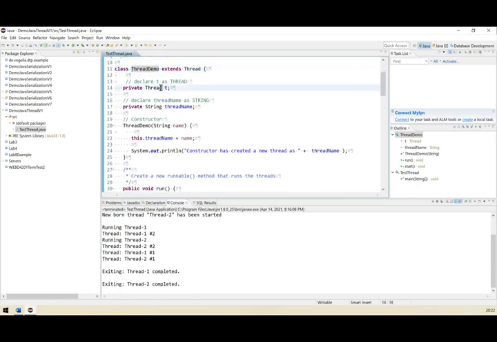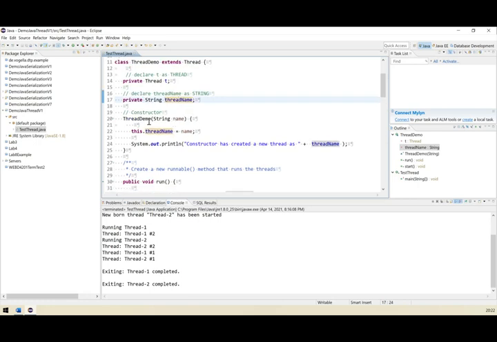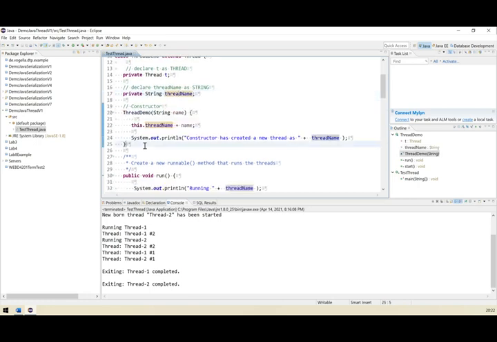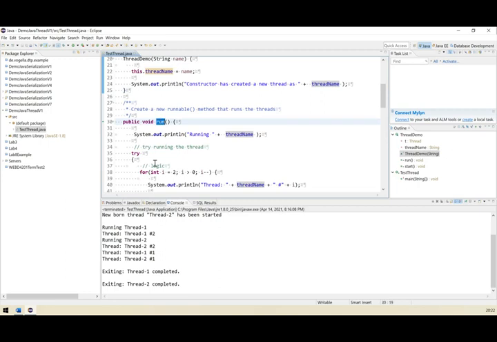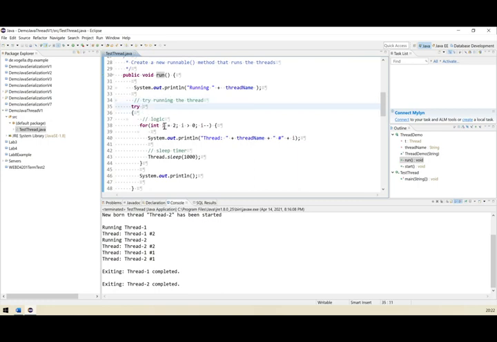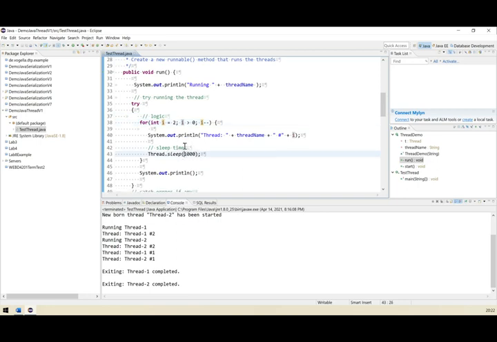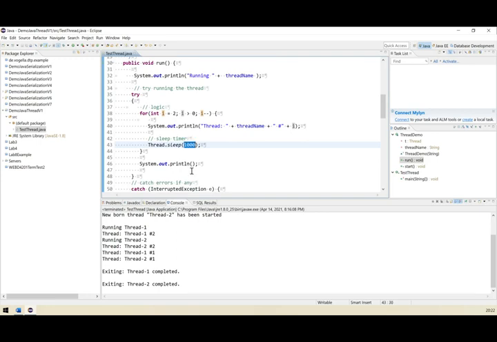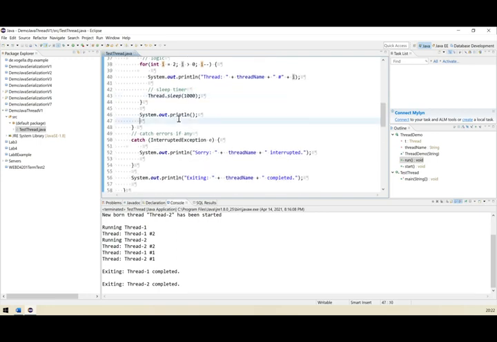It declares a thread as t, then a string, threadName, and this is the constructor. Now this is the Runnable interface, and this will try running it, and this is the main logic. I have set a sleep timer for 100 ms. I assume this is in milliseconds.